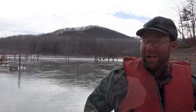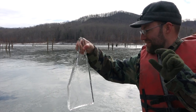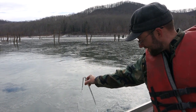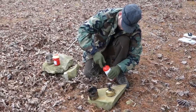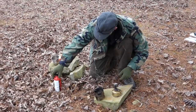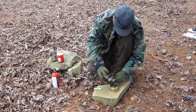Land ho! Made land. No ice will stand in our way. That's a good inch and a quarter thick, and we're in a 12-foot Starcraft. Stern's getting ready to fire up his trusty Sivo for a hot lunch. We finally selected a campsite, checked out a few different points, found one that was pretty secluded but not terribly